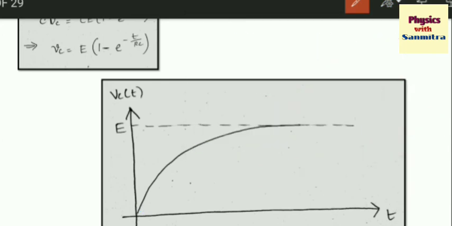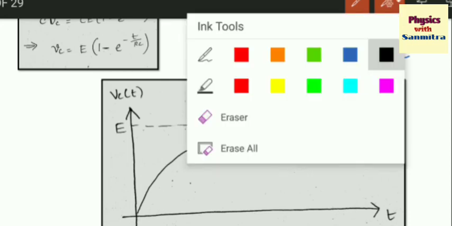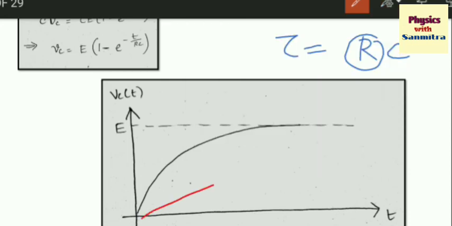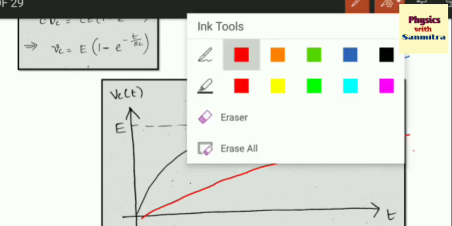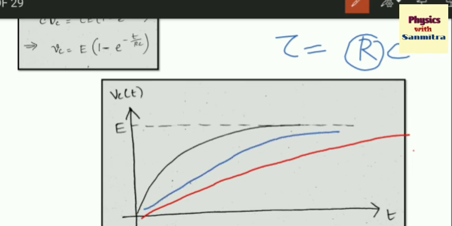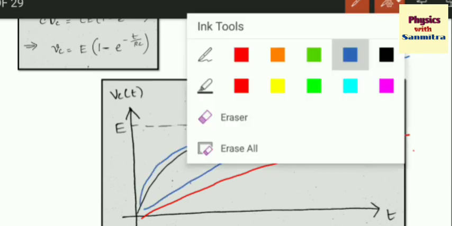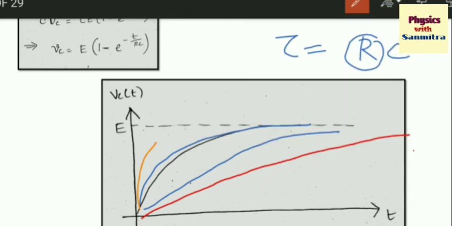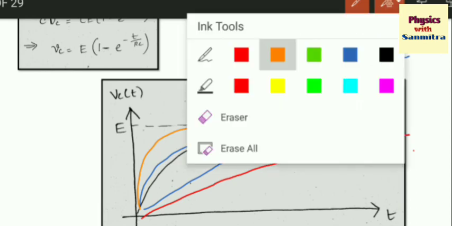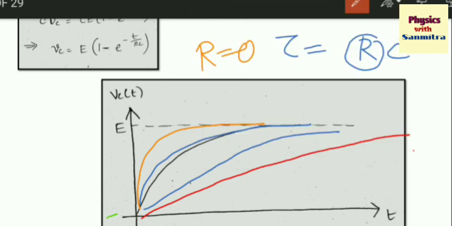Just see, we have a time constant circuit, that is RC. We are reducing this R. At first R is very high, so the initial current will be small, and it will slowly increase the charge. Then through the black line, R is very less, so the initial current is very high. Suppose there is no R. Suppose R is equal to 0. Now what will happen? If R is equal to 0, it will suddenly increase and follow E.